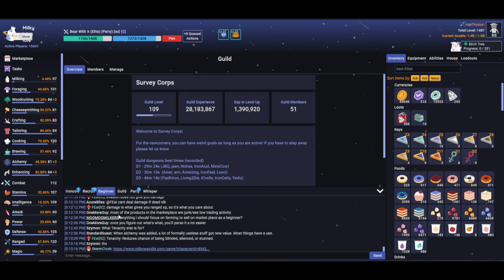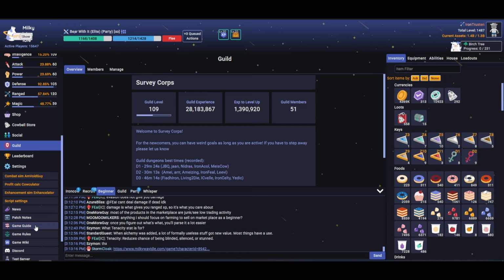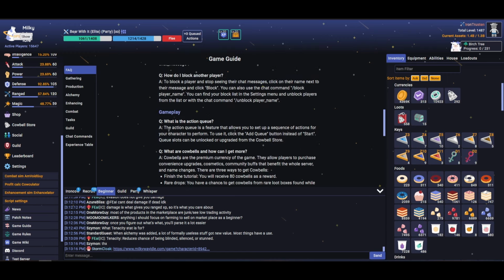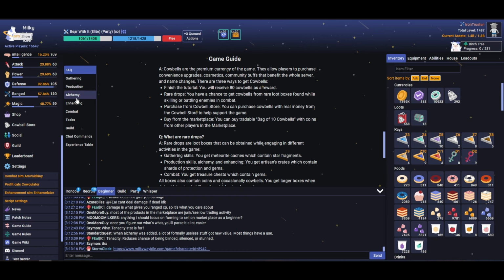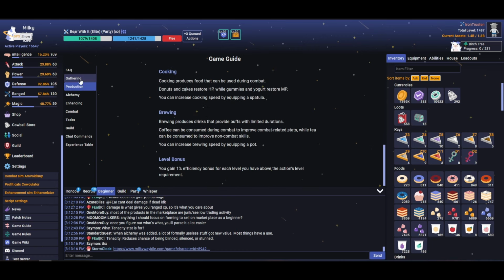So cool. All right. I touched on the game guide. Kind of went out of order on my notes. Oopsies. I touched on the game guide. Again, highly suggest that you go over this, you look through this. If you have any questions about things, it's typically answered here. And if you can't find an answer here, like somebody was asking about tenacity,